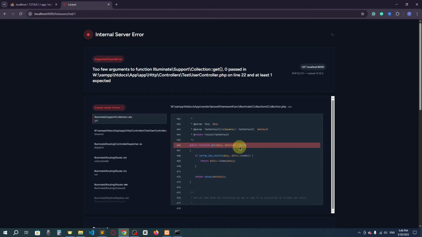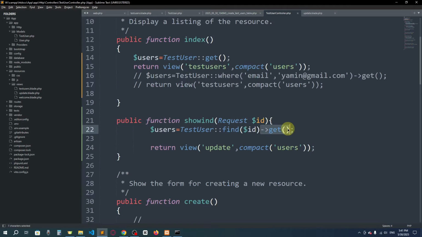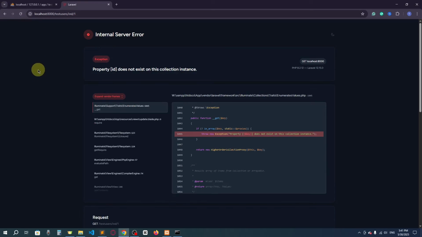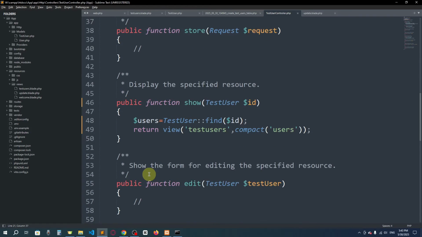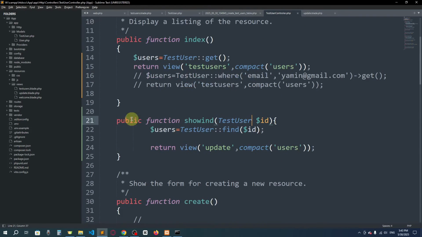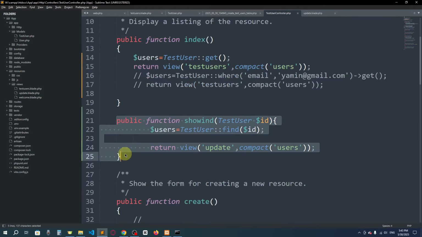So now let's go to the browser, and if I refresh, so we don't have to use get here, silly mistake. All right, refresh, still we have a problem: ID does not exist on the collection instance. I have request right here. Okay, I can remove this function, right? Okay, I will remove this function,